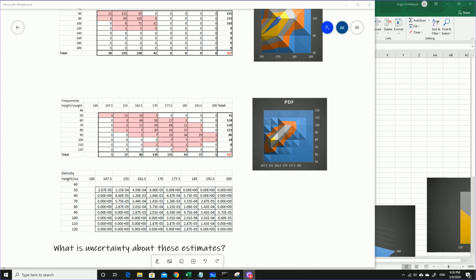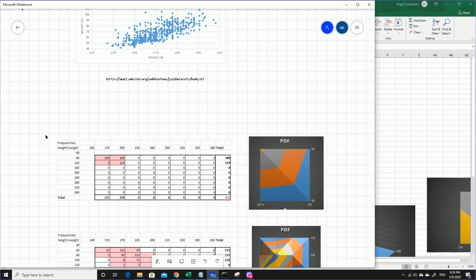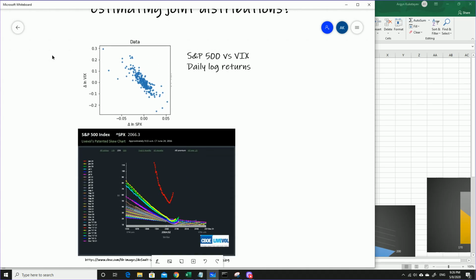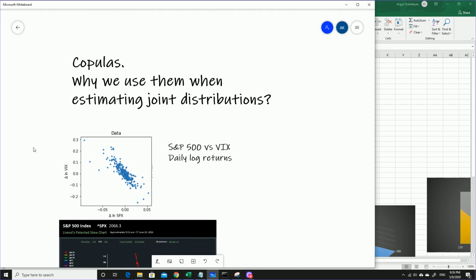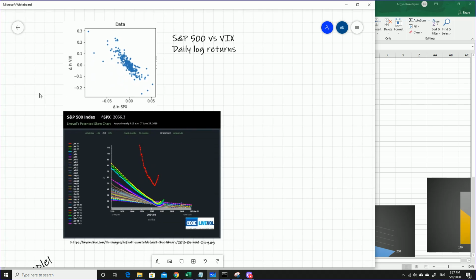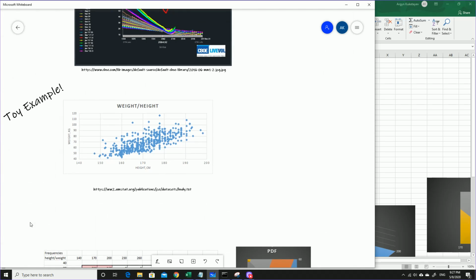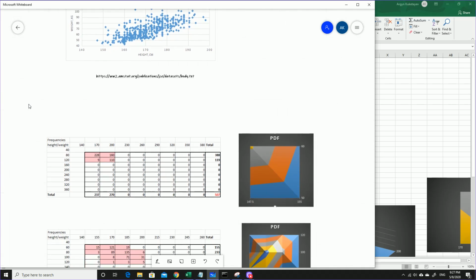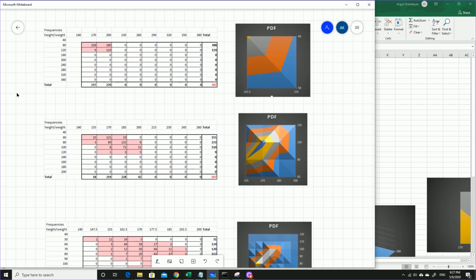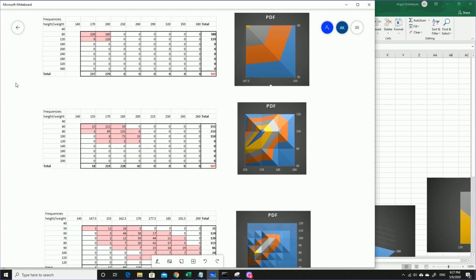Hello. So this is part 3 of my introduction into the subject which I'm calling the motivation for copulas and their usage in estimating the joint distribution. In part 1 we spoke about joint distributions, where they come from. Then we looked at this histogram or frequency table method of estimating joint probability density